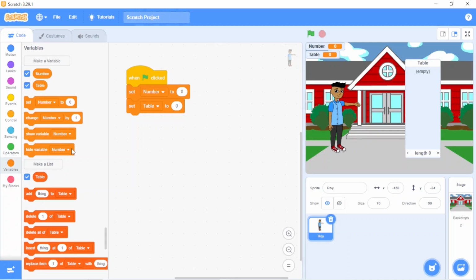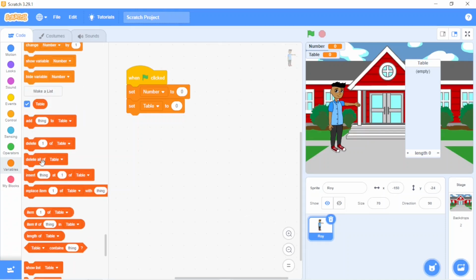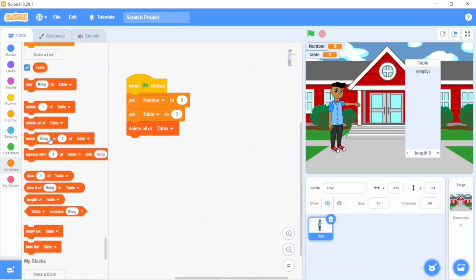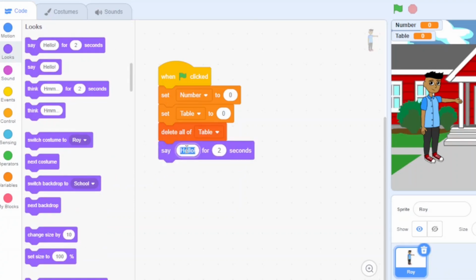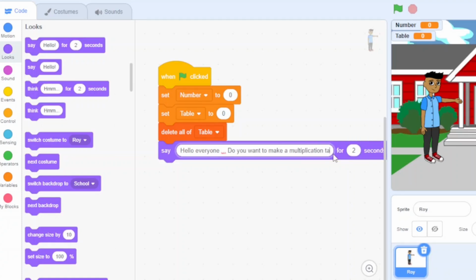After this, we will go to the list and delete all of table. After this, go to looks and take say. It will say hello everyone and put a space between it. Do you want to make a multiplication table? and then question mark like this.